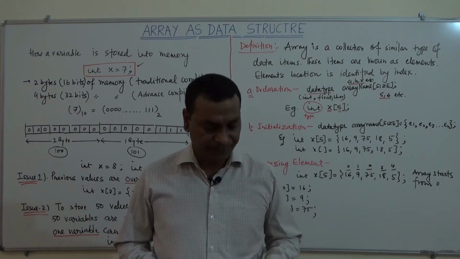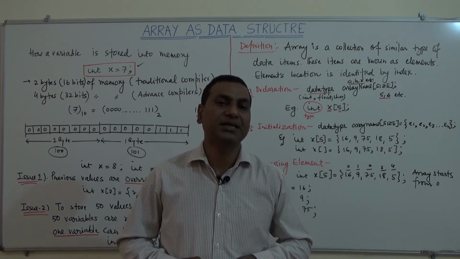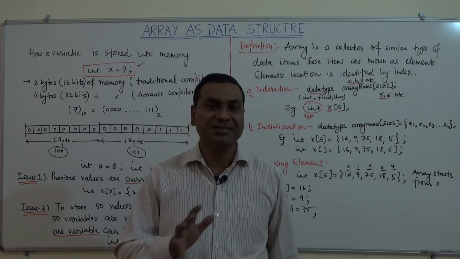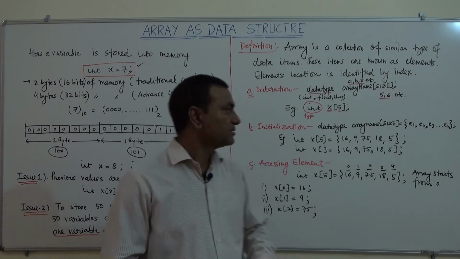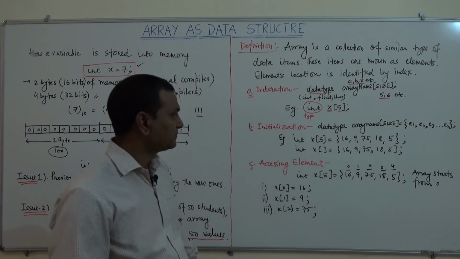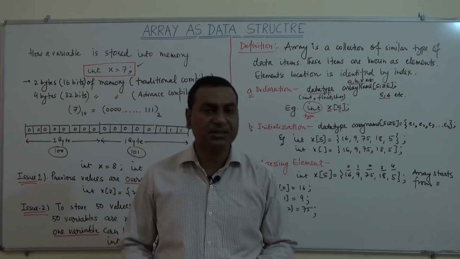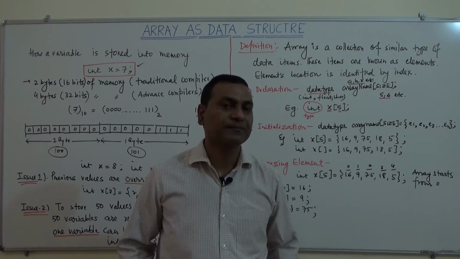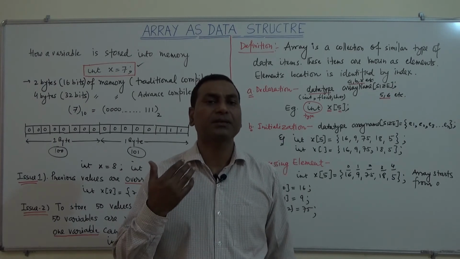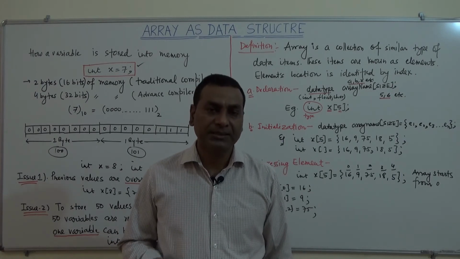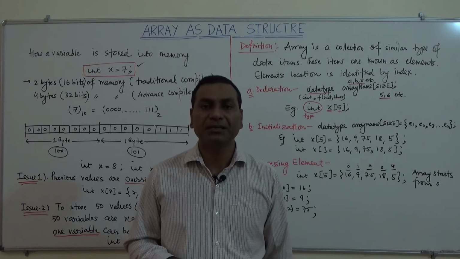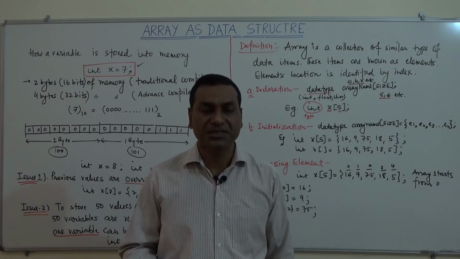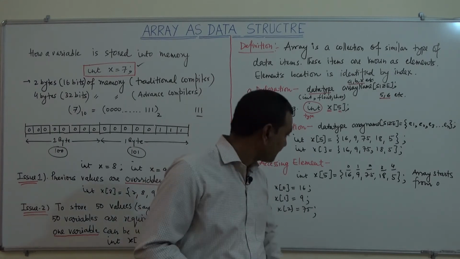Now we will see the types of the array. So normally there are 3 types of the array. First is one dimensional. This is one dimensional array, because in this we are using only one dimension, that is size. Then we can also take 2-dimensional array, that is also used for the mathematical matrix, and then 3-dimensional array or multi-dimensional array.